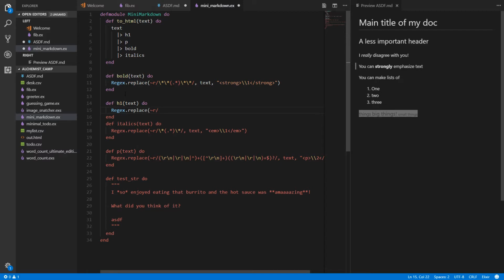So an H1 is just a pound in Markdown, but it's got to be at the beginning of a line. So we will first check for one of the 3 types of new lines that we can see from different operating systems. \r\n, \r, or just \n. And we'll also look for beginning of file, since that would be the beginning of a line. Then after that,